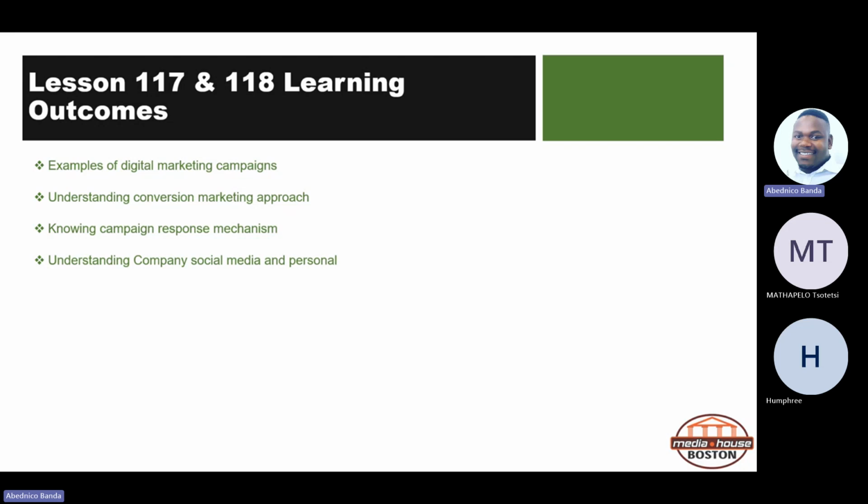And also, when people interact with that digital campaign, you need to have a proper response mechanism, so that you know that they are actually reaching out to you based only on what they saw. If they saw a banner talking about a wedding like this and this and that, respond to them with regards to what they've seen. Don't start telling them things that are not in that media campaign, because at the end of the day, you are bringing more confusion and you are chasing away a potential customer.